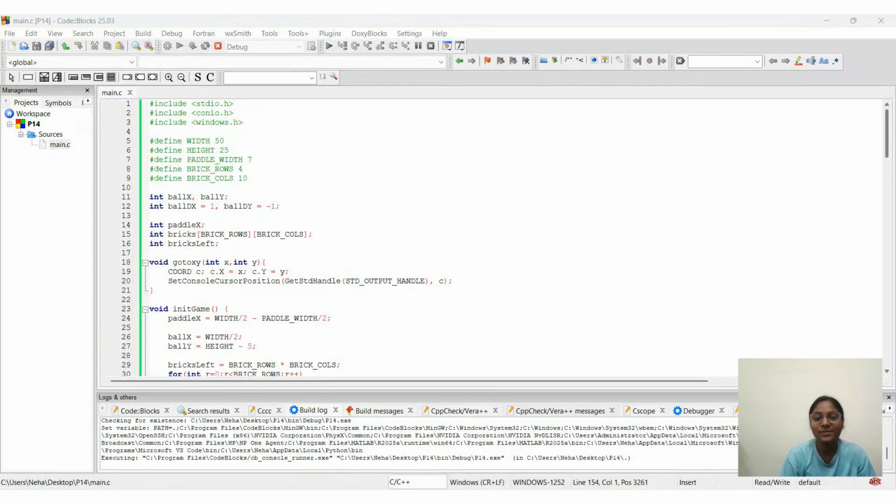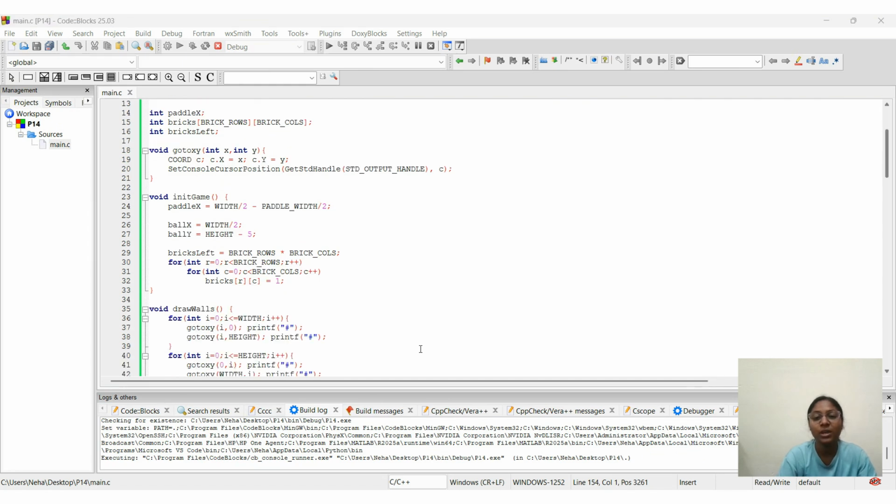The program begins by including the necessary header files for input, output, graphics and the Windows functions. We then define the important variables such as the snake's coordinates, its length, the direction of the movement and the position of the food. Inside the main function, the graphics mode is initiated to create a game window.